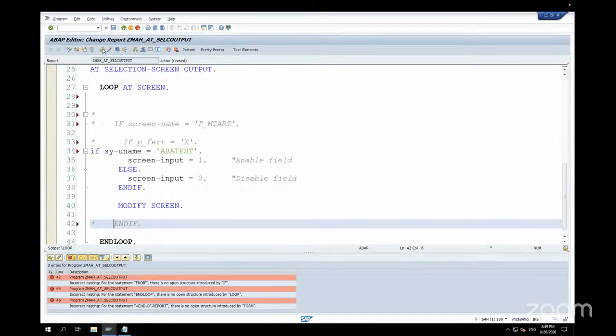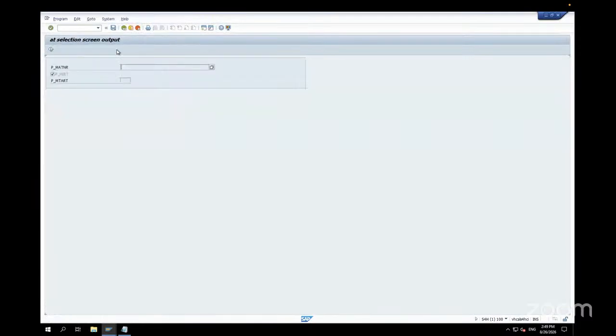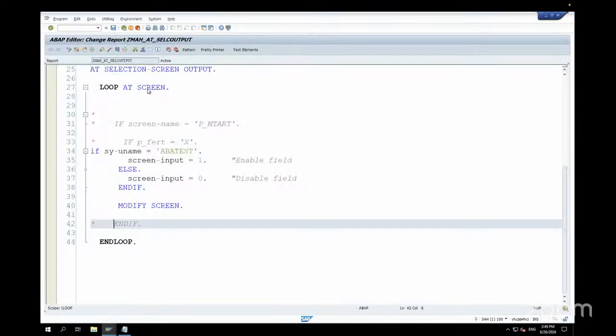Check syntax. Activate. Okay. See, because I am the user, this is disabled. Okay. How do I make it here is